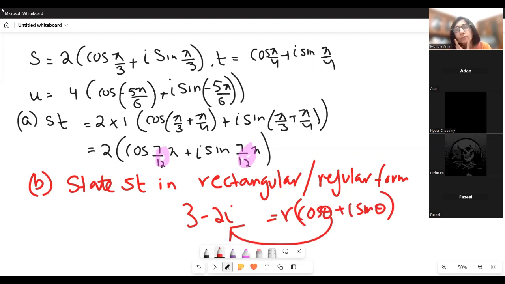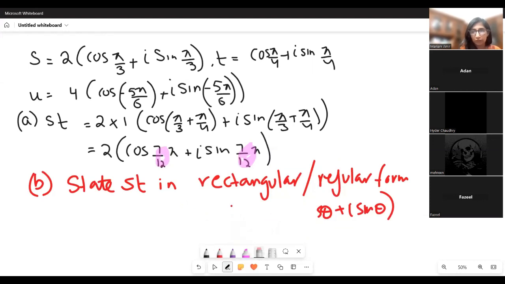By simply multiplying 2 and cos 7 by 12 pi in the calculator, it will give you an integer answer. And then multiply 2 with sine 7 by 12 pi. That's all you have to do, and you get it back in the regular format. Okay, let's see what we are getting here. So give me 2 times cos 7 by 12 pi, that is,